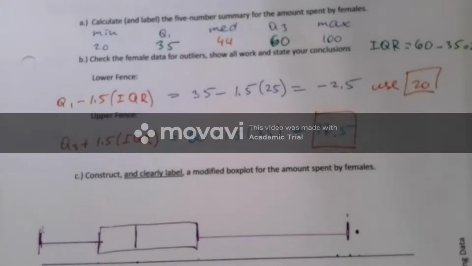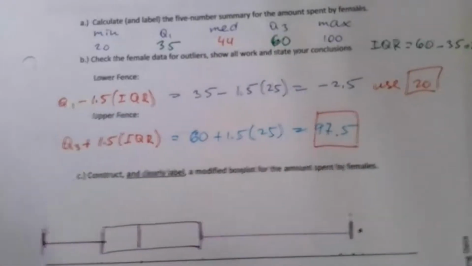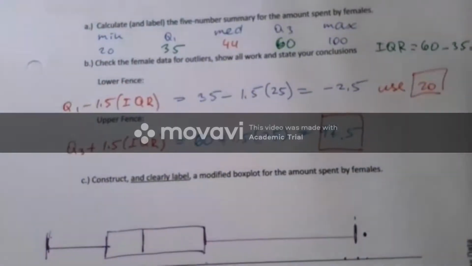Okay. All right. So why do you use 20? Okay, because it's within the fence. It's within the fence. Okay. So